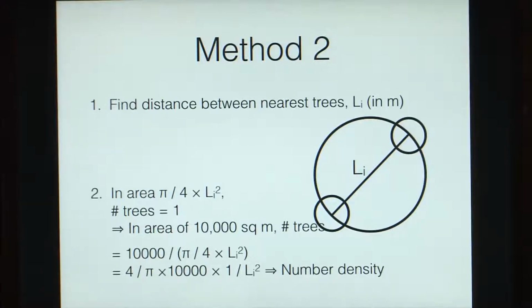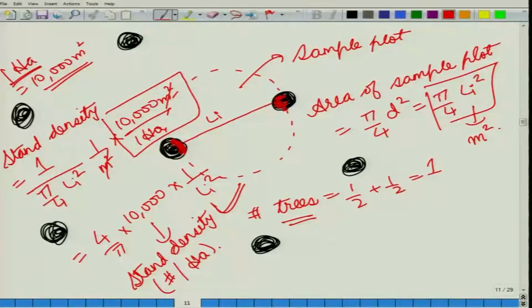So, now coming to the tablet, here we derived that in the case of having two trees, so this is our first tree and the second tree, and the nearest distance between both of these is given by Li. So, we have the stand density given by this equation: 4 by pi into 10,000 into 1 by Li square. Now, this is a very simple method of getting to the stand density just by looking at two nearest trees